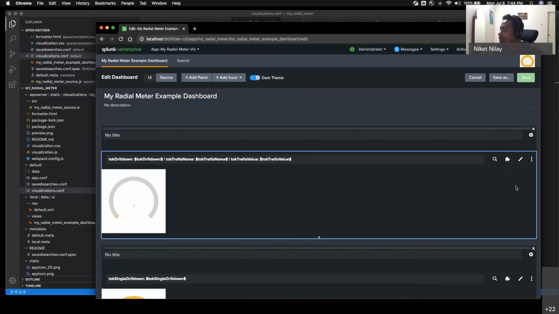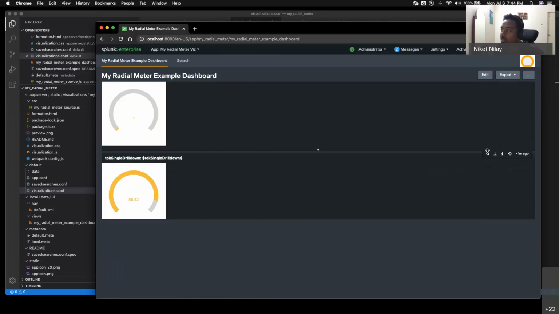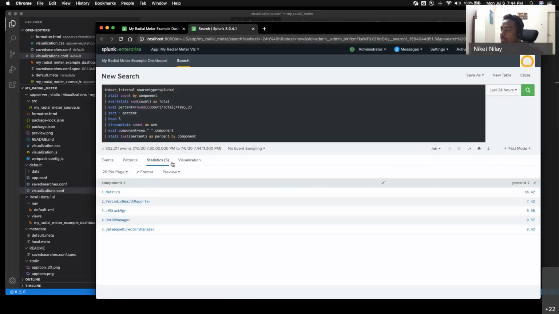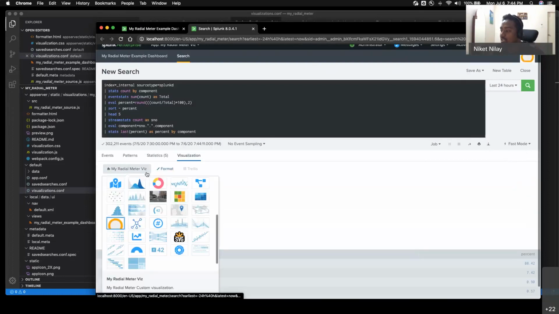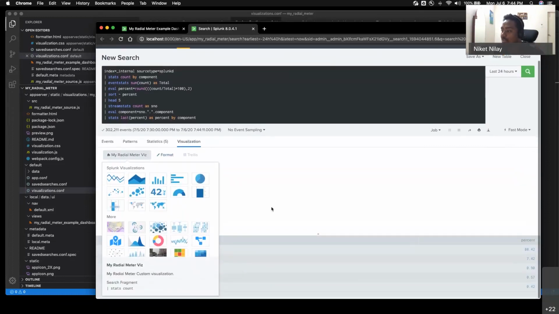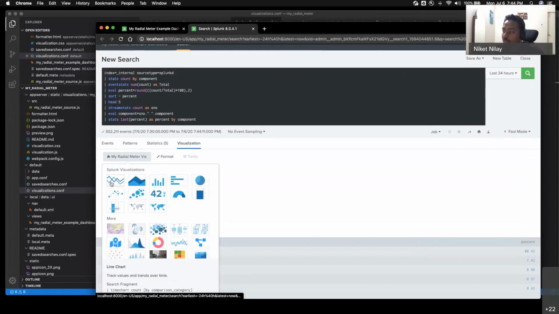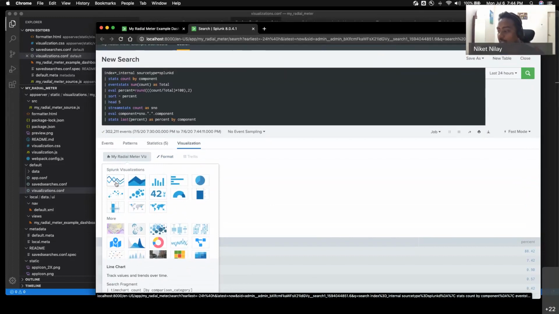And this is what will happen with most of the custom visualizations. That's what we're trying to fix now. But let's say I open any of these search queries, there is something already available in Splunk that we may not have given much thought. The moment I hover over any of the charts, if you notice towards the bottom, there is a search fragment. It says line chart, I have picked area chart, and then there is a description, and then there is a search fragment. The search fragment is basically a hint for users to understand the use case of the visualization. And this is what I told you, it is very important for us to let people know